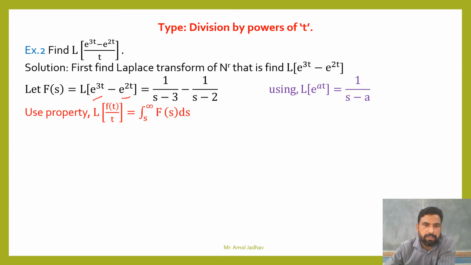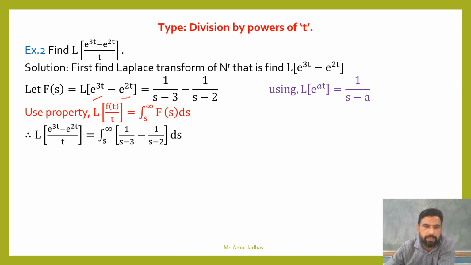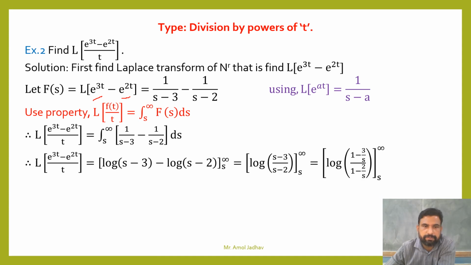Use the property L of f of t divided by t is the integration from s to infinity of F(s) ds. So integrate 1 upon s minus 3 minus 1 upon s minus 2, because F(s) is 1 upon s minus 3 minus 1 upon s minus 2. It is very simple: the integration of 1 upon s minus 3 is log of s minus 3, and 1 upon s minus 2 similarly gives log of s minus 2, because